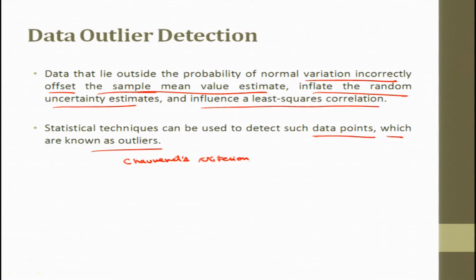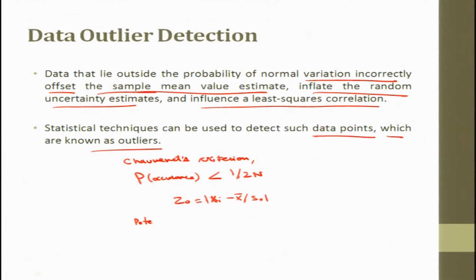This identifies the outliers having probability less than 1 by 2n. The probability of occurrence is less than this. So, to apply this criterion, we need to just find the value of z naught, which is equal to the modulus of xi minus mean, as we did before. So, z naught is equal to xi minus x bar by standard deviation of x, and the probability values for the data point, the potential data point, that is outlier,